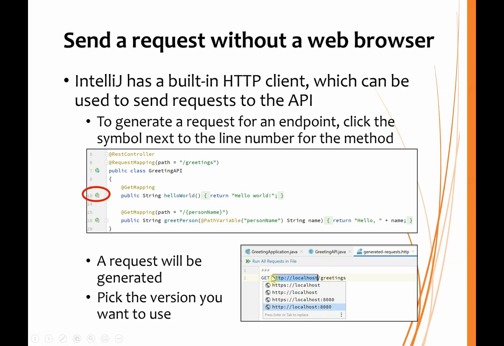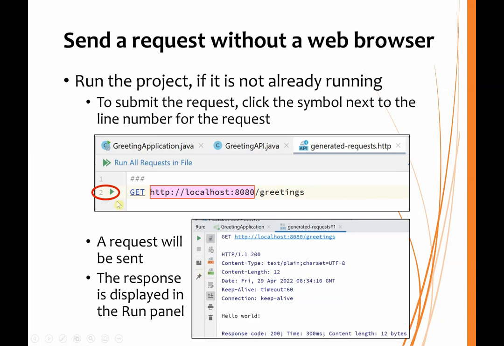That will generate this request here, and then you'll be able to click the play or the run symbol right next to that request, and it will automatically submit the request to the API and display here the response information,